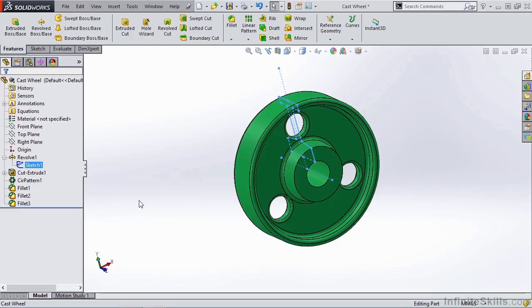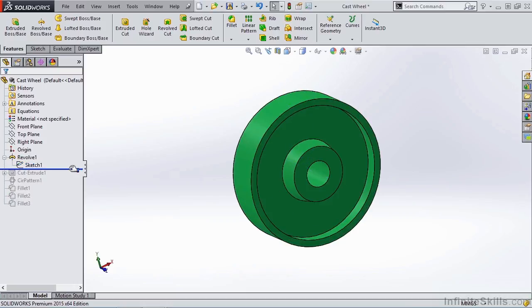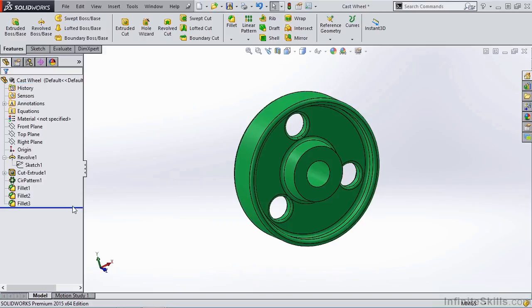But before we do that, let's take the rollback bar and roll it back near the top of the Feature Manager design tree. You'll see we started this model with a revolve feature and then a cut extrude, followed by a circular pattern, and then we finish up the model with 3 fillets. If we examine fillet 3, you'll see fillet 3 is on both sides of the 3 holes. And without the holes, the fillets cannot exist. So here's another example of the parent-child relationship. The fillet is a child of the parent, which is the hole.